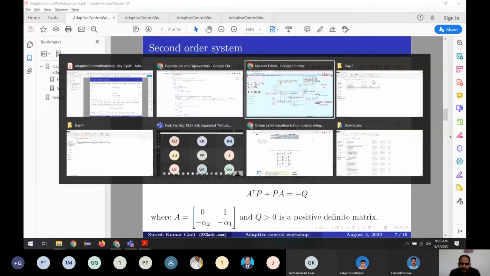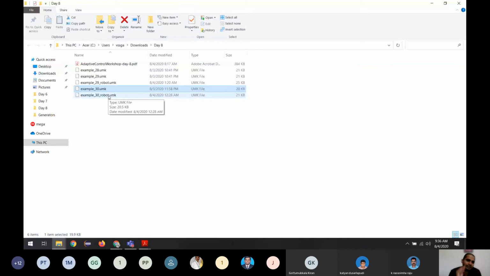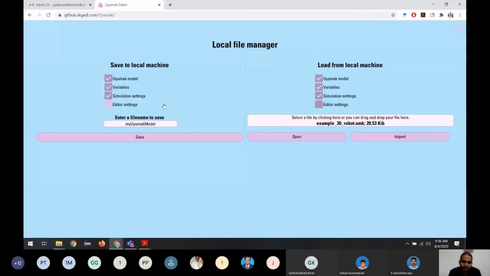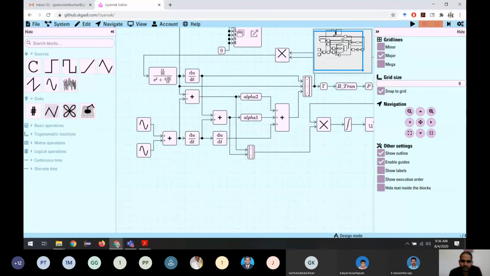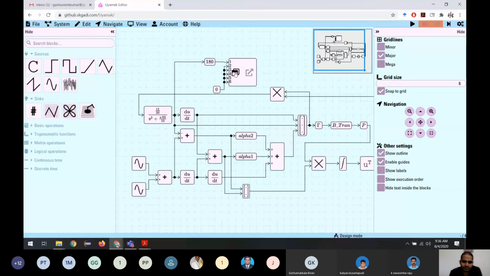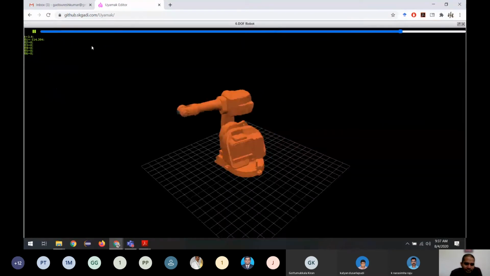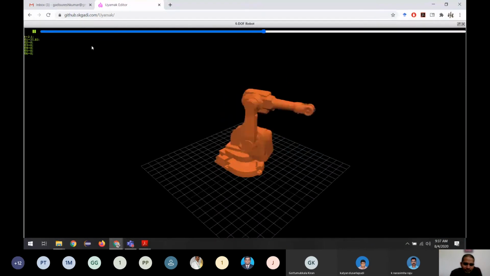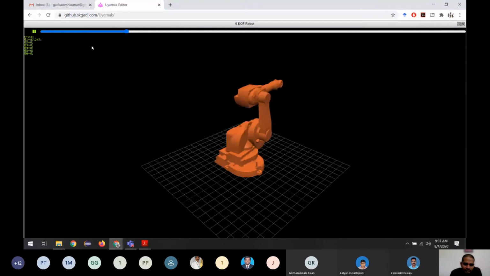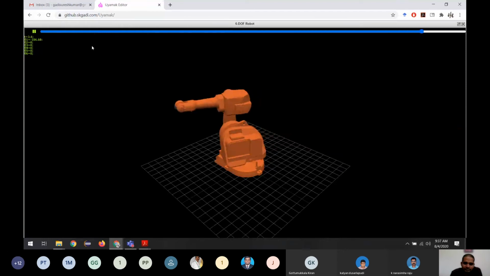If you have doubts, please feel free to interrupt me in the middle. I'll show one small thing: the same algorithm applied to the robot to see how it moves. Instead of showing it in graphs, I'm showing how the robot moves. I'm not giving a pure sine wave, I'm giving a mix of two sine waves, so it's not moving like a sine wave, it's moving slightly differently from a sine wave.